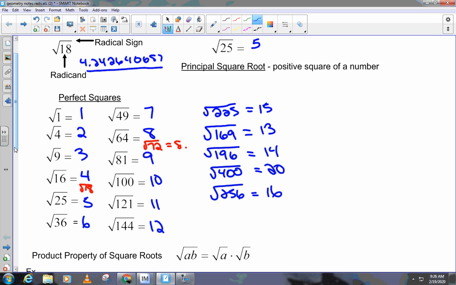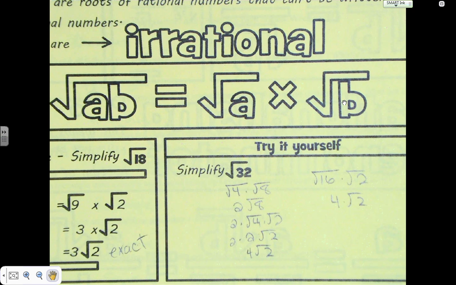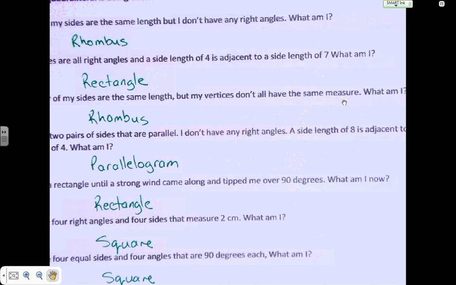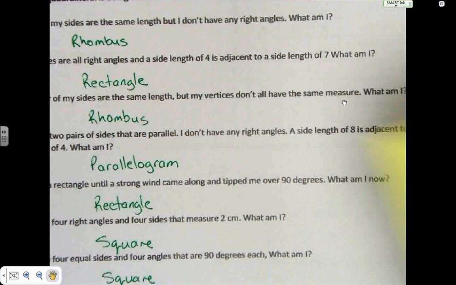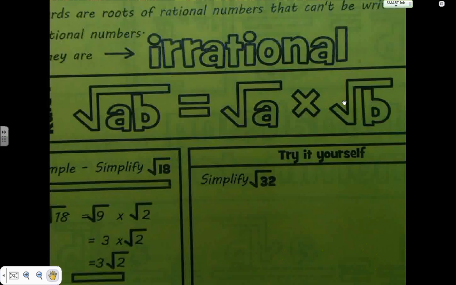Okay, so let's look at the other paper for a minute. Okay, so, all right,